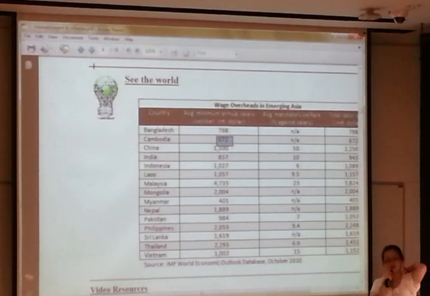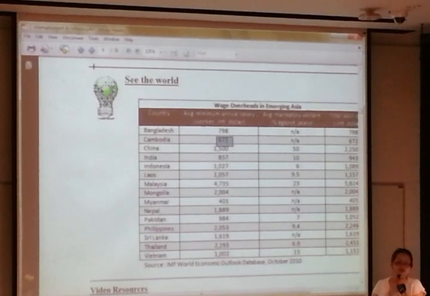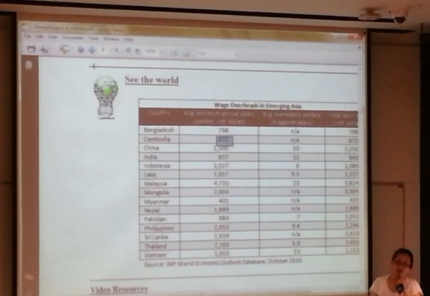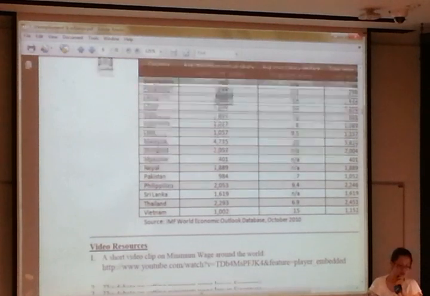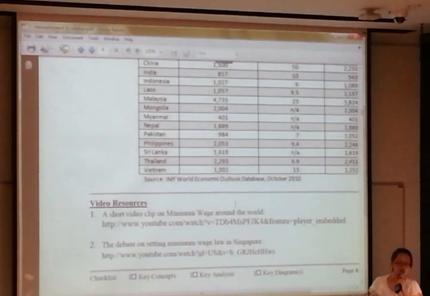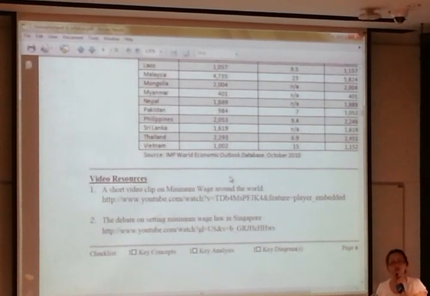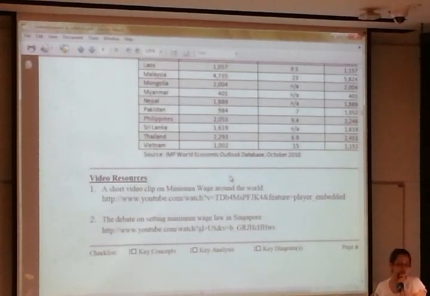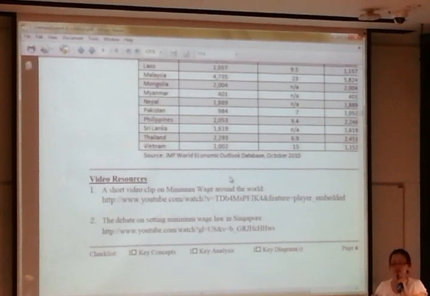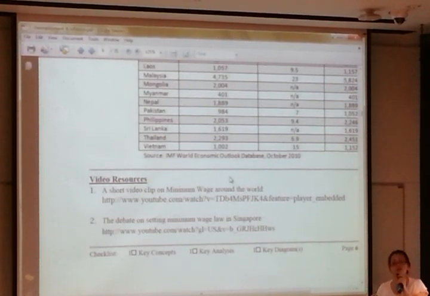And you don't see it in Singapore. Singapore has been very defensive against minimum wage law because it will worsen unemployment. So there is a video clip about a growing trend all over the world, where countries are adopting minimum wage. Even Singapore's biggest competitor, Hong Kong, has minimum wage. And even the US, a so-called democratic country, has minimum wage.